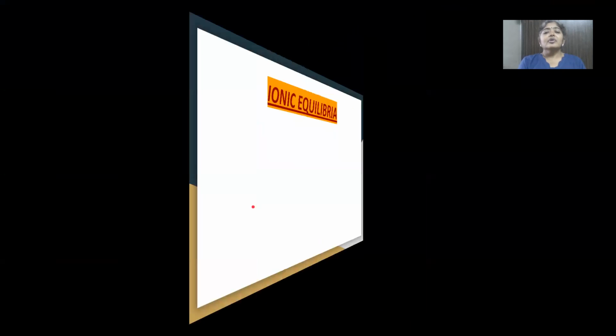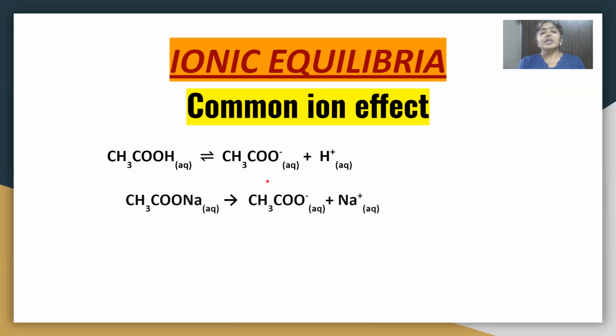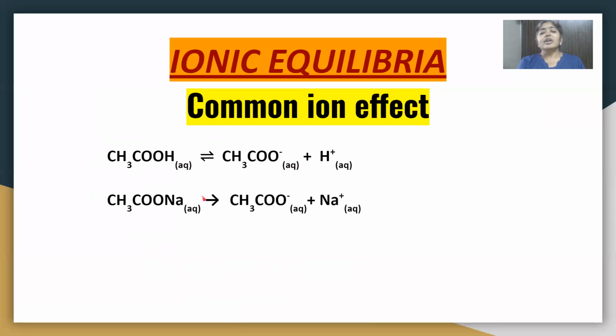All right. Now we come to a very interesting topic, that is the common ion effect. Let us understand this again with an example first. When we studied buffers, for the acidic buffer we had taken a combination of acetic acid and sodium acetate, right? And we said acetic acid is a weak acid, so it will dissociate to a very small extent to form acetate ions and H plus ions. Now sodium acetate, being an electrolyte, a salt, will ionize completely to form acetate ions and Na plus ions. Okay, complete ionization, so there is a unidirectional arrow here.